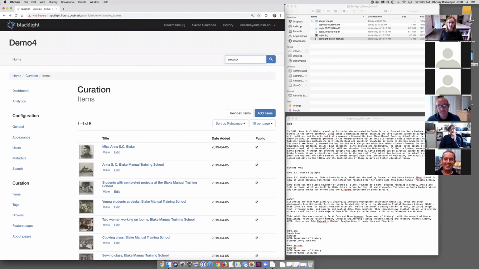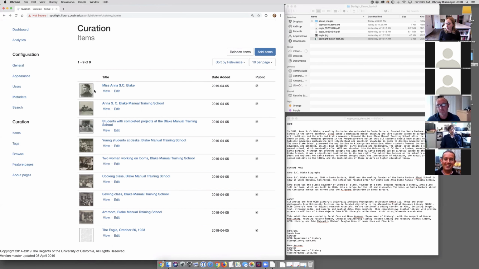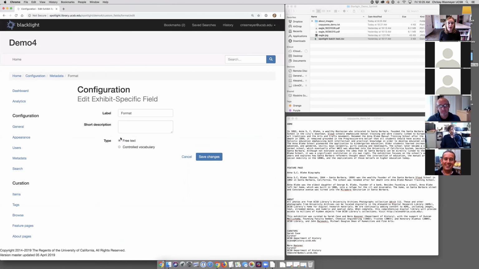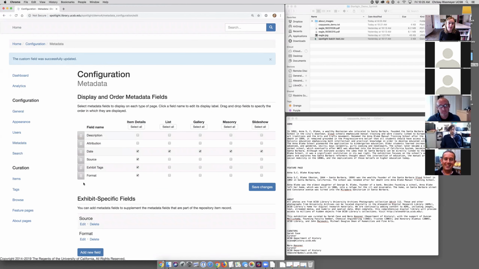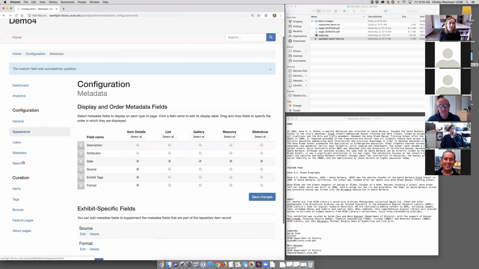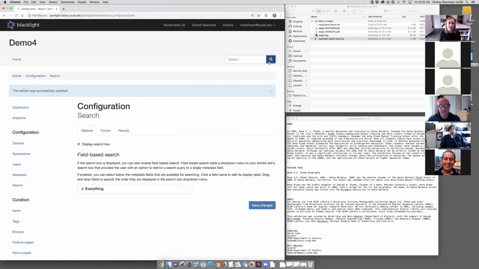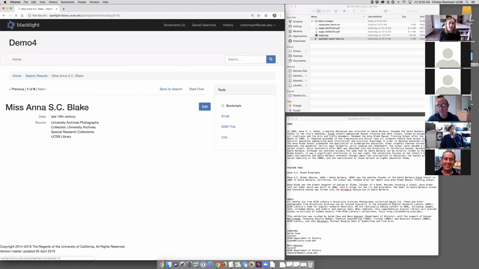So what I'm going to do now is to actually start building my site out now that I have some items there. So I am going to go back now into my metadata and change my format back into a controlled vocabulary. That way it's available to me as a facet when I do a search. Oops, I have to turn that on. So I'm going to go ahead now and turn on format as a facet. So now I have this format facet here, although it did not